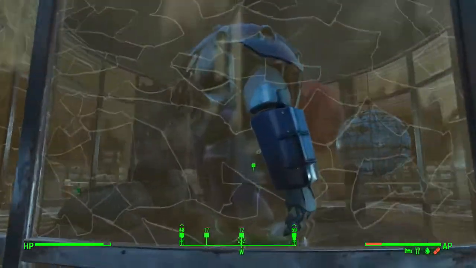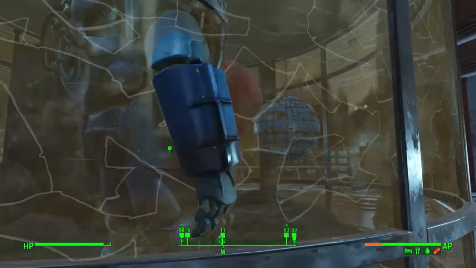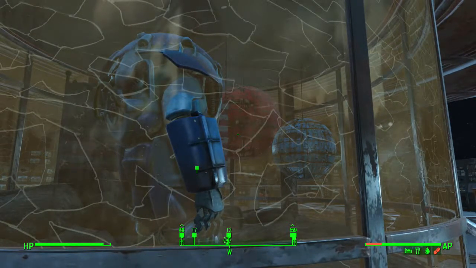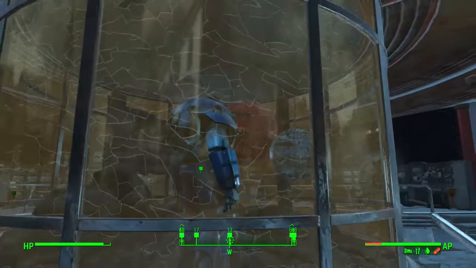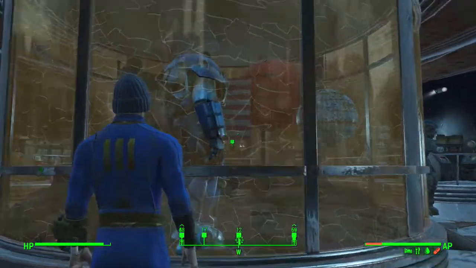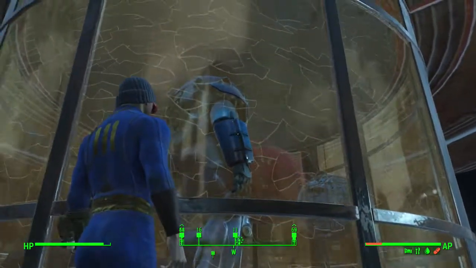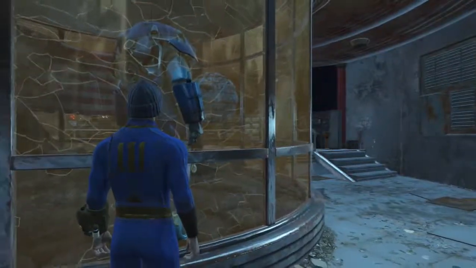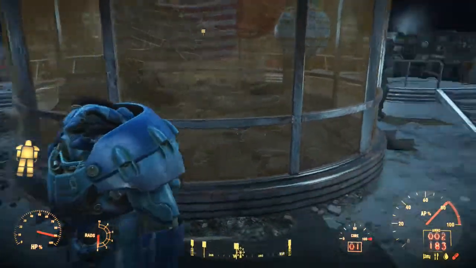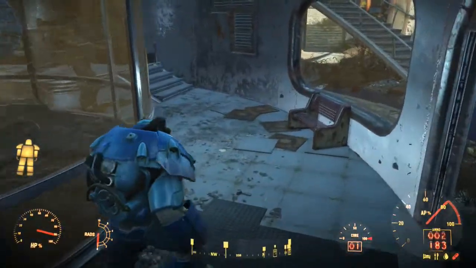So you can see what happened here is the power armor is still inside, but I now have a piece of hand. That's the idea that you want. You want the armor sticking outside of the glass, and I'm going to show you what happens when we climb into this thing. There's going to be no animation, and we're going to be outside of the glass. So as you can see, no animation, and voila, we have the armor pulled outside of the cage. So that's ideal